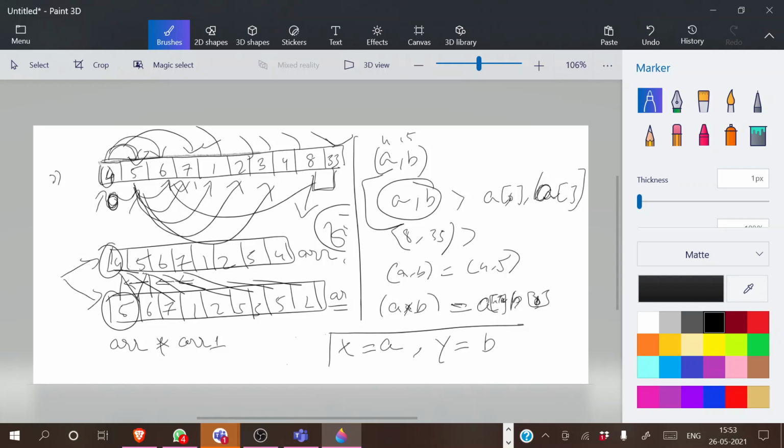You may think, why do we need x and y here? See, if you are not using them, for example, the first pair is 4 and 5 and the second pair is 5 and 6. If you multiply these, 4 and 5 is 20, 5 and 6 is 30. If you are not using a temporary variable, the computer will just quit the program here, because 30 is greater than 20. It won't proceed to the next step or compare any other pair in this array. After completing this statement, it will print your result as 30 is the largest number in this whole array, so 5 and 6 is your exact pair. That is absolutely wrong, right?